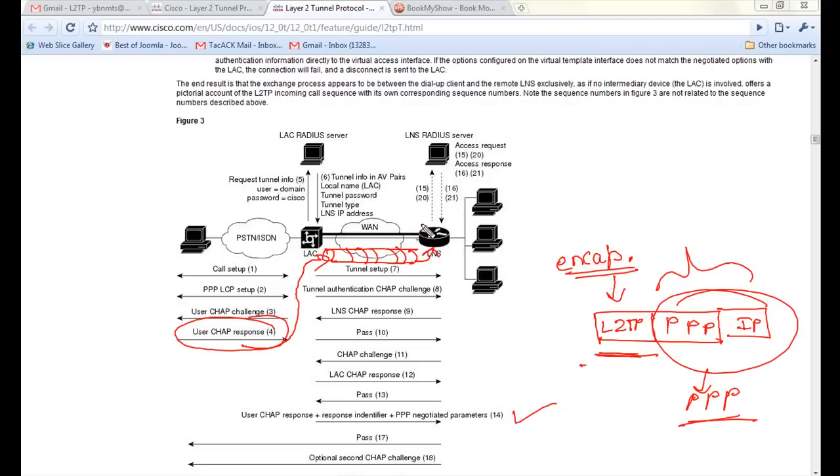It's done either by authenticating it locally here on the LNS using its local database, or by sending over the user credentials to a Radius server, and the Radius server sends over either an access accept or an access reject. Now, after the LNS identifies that the user is valid, that means the user TACAC is with a password of Cisco or whatever,